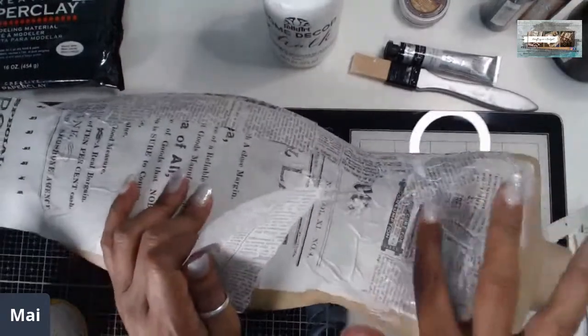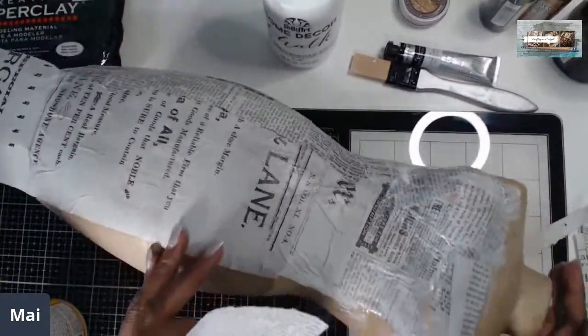Starting to look sexy, huh? Wait till she has